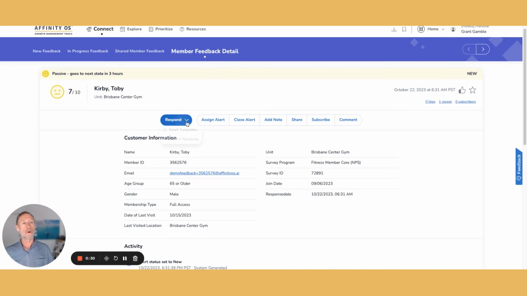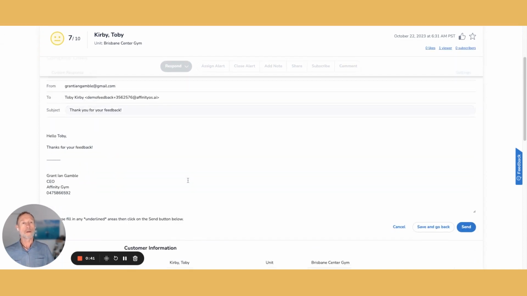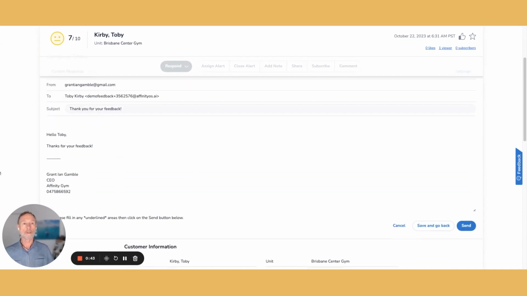So I'm going to respond, and if you have email templates built into your system, you can click on that. If you don't, you go to custom response, and what I do is keep the templates in a second document, so that can be Word or it can be Google Docs, and I just go to it. I've got it on another screen here, and I select the content and just copy it, and then I come back and insert it. Okay, so hello Toby, thanks for your feedback, and then I insert the content here